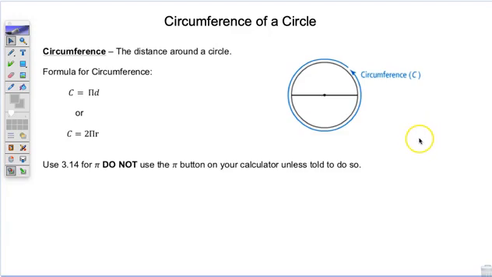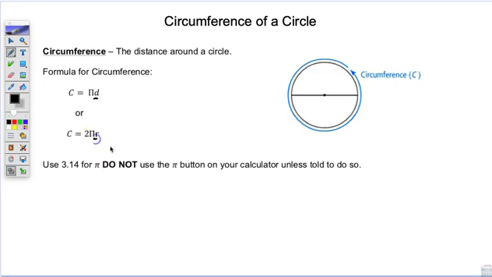Today's lesson is on circumference of a circle. Circumference is the distance around a circle. You can see by this blue line, we're going to go all the way around the circle to determine the distance. There are two formulas you can use to find the circumference, depending on whether you're given the diameter, d,